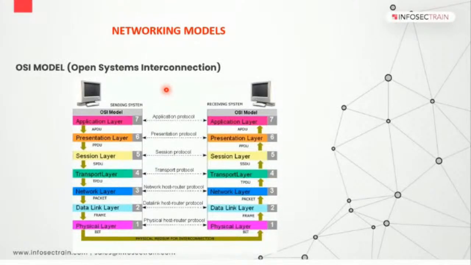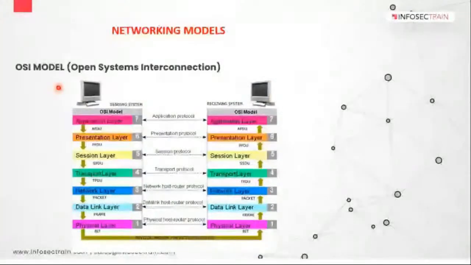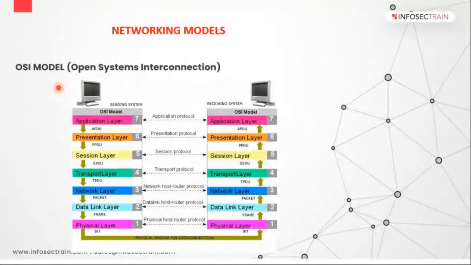We needed a model that would give a standard for every device of every vendor, because there was a vendor barrier. So we came up with the TCP/IP model and OSI model, right? Now, OSI model has 7 layers, as you can see in your screens.